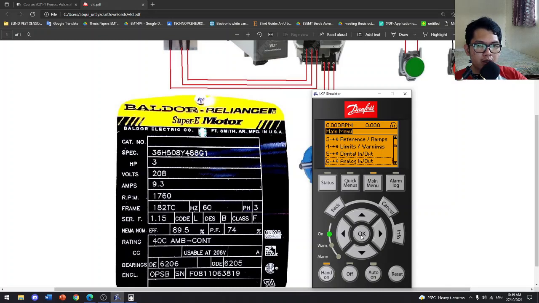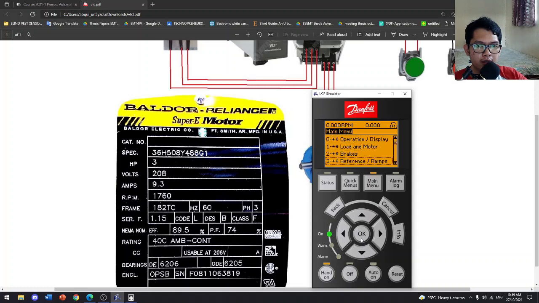Okay, press OK, and then locate this analog input 53. Then locate this terminal 53 high ref. Okay, then change this one into 1760. Okay, press OK.